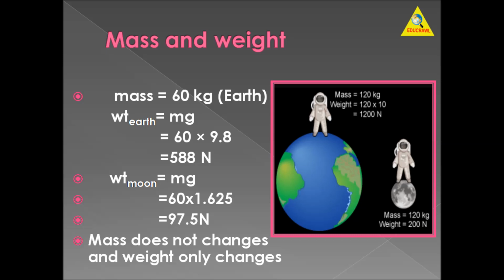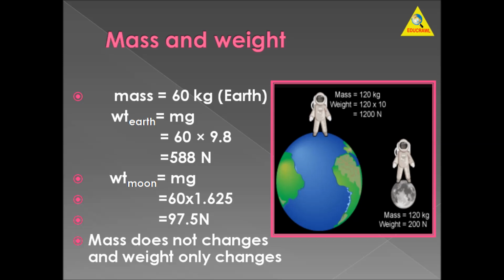Now we shall find the weight of a person on the surface of moon and the surface of earth. Consider the mass of a person as 60 kg. The weight of the person on the earth is given as m into g. As we know, the weight expression is weight is equal to m into g. Now here instead of m we are substituting 60, and g, the g value of earth, we are substituting, that is 9.8 meter per second square. So when we multiply we get the value of his weight on the earth is 588 newtons.